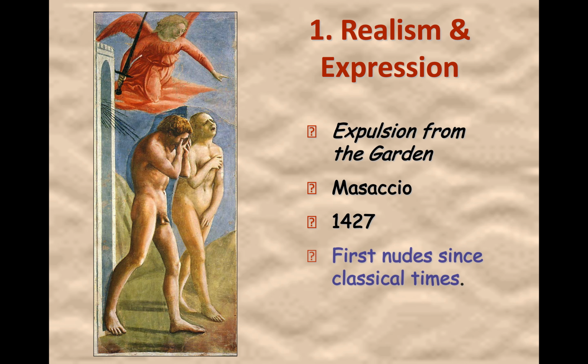Okay, we're also going to see a lot of nudity in the art, and that is because of the Greeks and Romans. In Greek and Roman art and architecture, a lot of nudity. Okay, and we'll talk about why. It's the idea of balance, the symmetry, the beauty of the human body. We're going to see that theme come back, and that's taken from the Greeks and Romans. So we're going to see nudity in art because the Greeks and Romans did that, and that shows you the humanists being really interested in the Greeks and Romans.